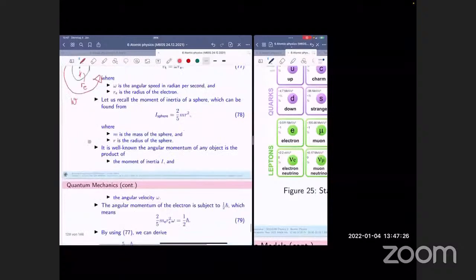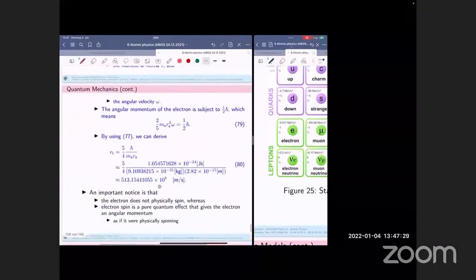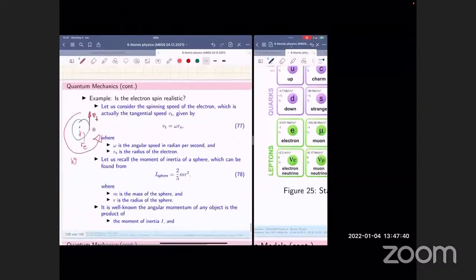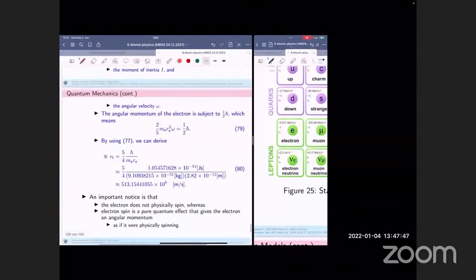That's the radius of the electron. Once you move everything and substitute everything into this expression and put it into the calculator, you're going to get the speed, the tangential speed at the surface of the electron. If you stand here at the surface of the electron, you would get the speed Vt. The outcome is that the tangential speed at the surface of the electron emerges as